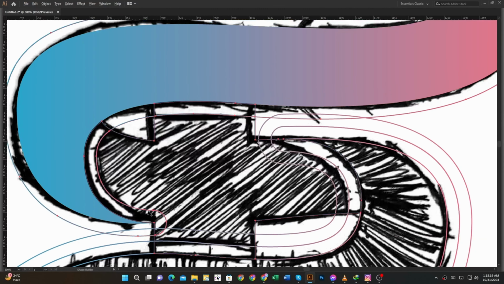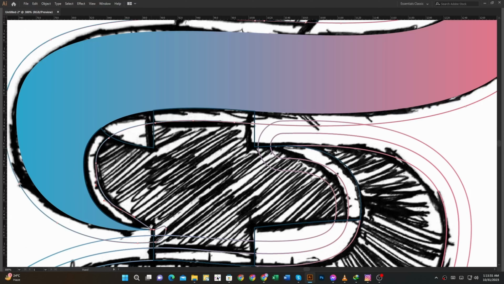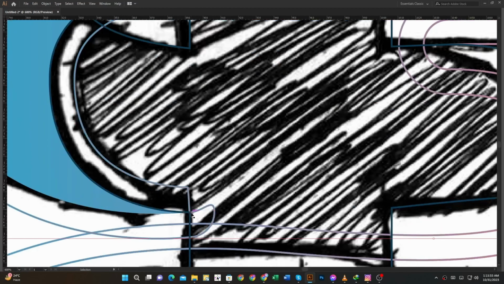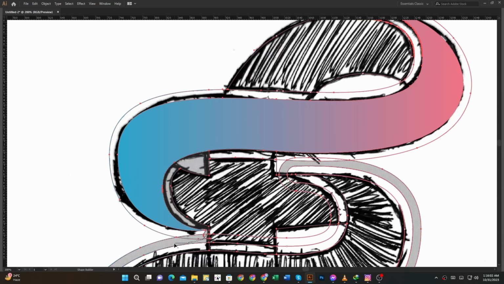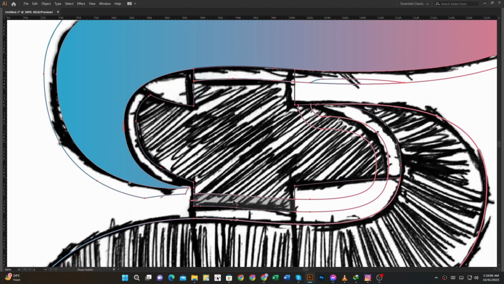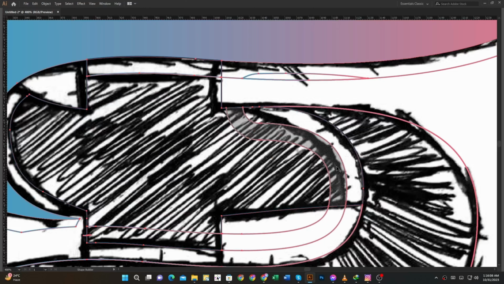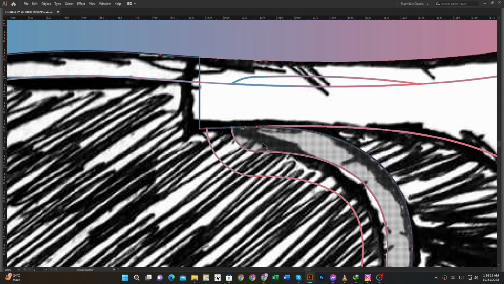Then its corner some rounded. And it's tweaked. Now, I'll use a shape builder tool. And it's some tweaked.